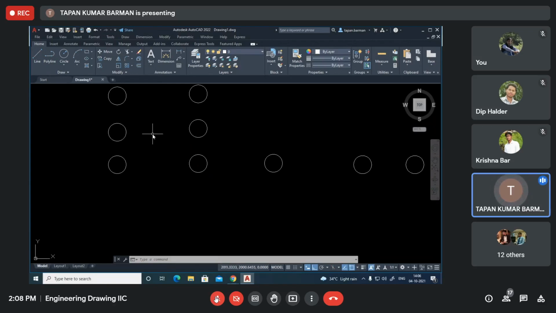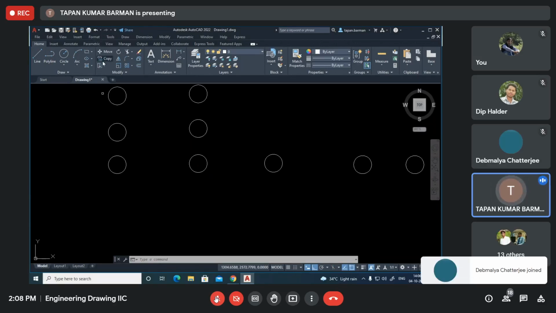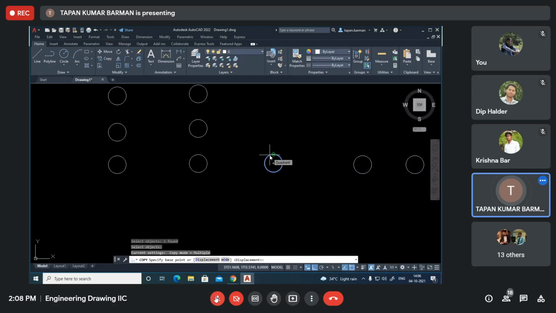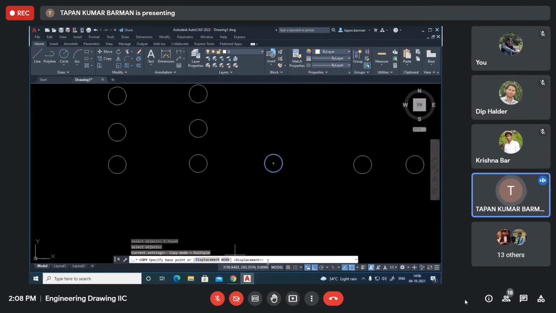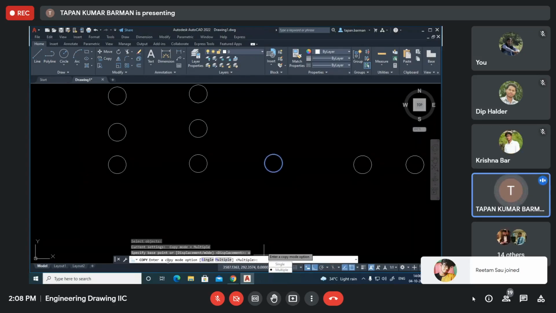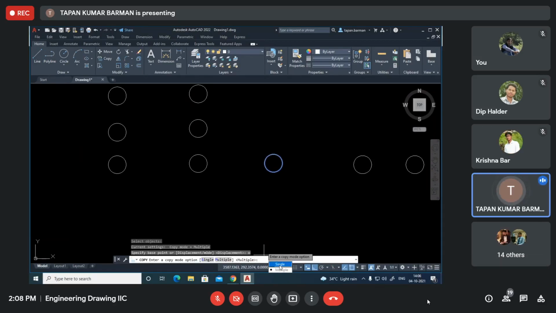So this way you can copy the objects and place them. Now here you see in my higher version, AutoCAD 2022, I can easily copy at multiple places. But in lower versions, you need to change the option. Suppose I am selecting this one, select object. Now in mode, if I want to access the mode option, then I need to type O. Do you agree with me? Because O is the capital letter here in mode. Enter. Here you see, enter a copy mode option: single or multiple. Single means, you see what happens with the single option.